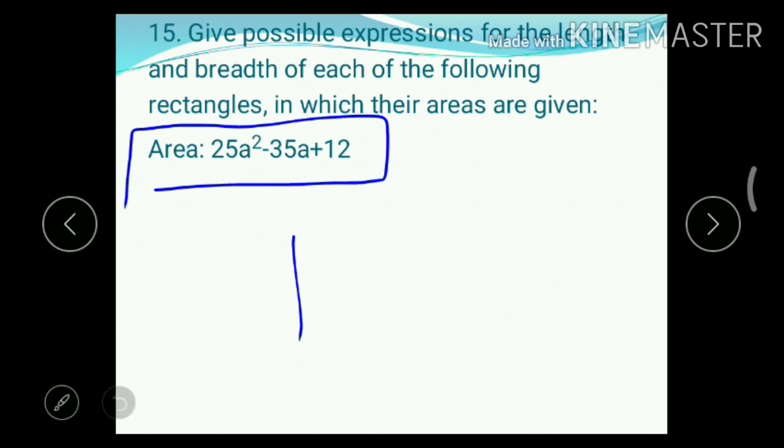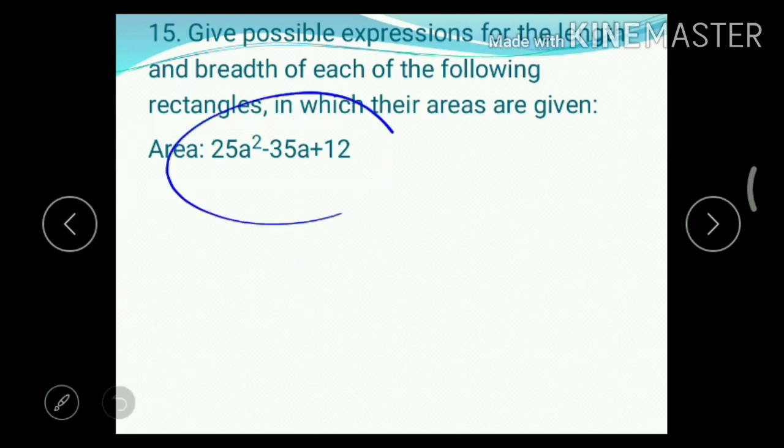At first, here you can see this is a quadratic equation. So if you do factorization, then you will get two factors of it, because it is a quadratic equation, and a quadratic equation will have two factors only. Why will a quadratic equation have two factors? Because the degree of a quadratic equation is 2. That is why it will give you only two factors, and we need two factors only. We need two expressions multiplication. Those two expressions will define the length and breadth. So let's start.